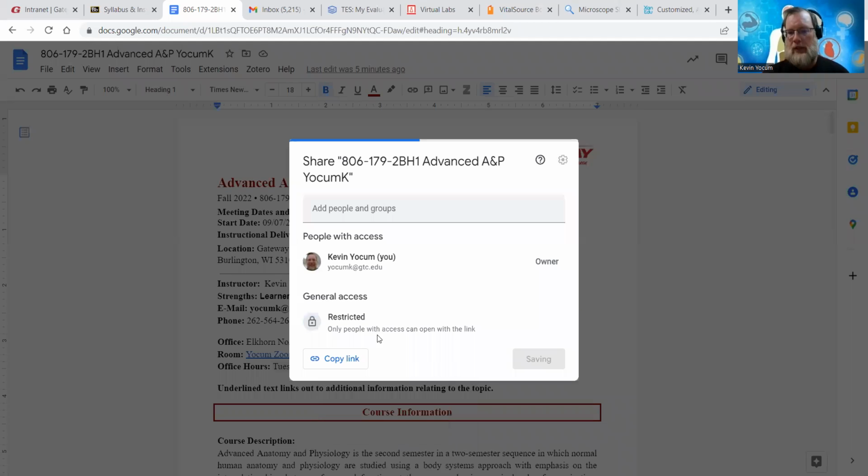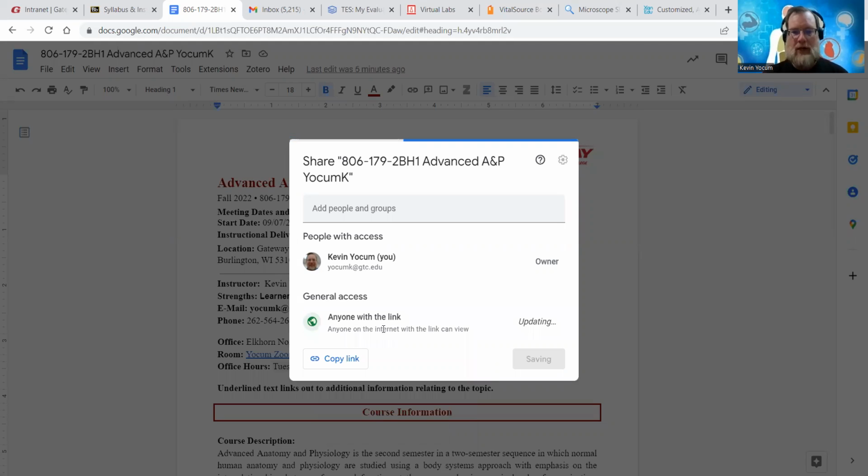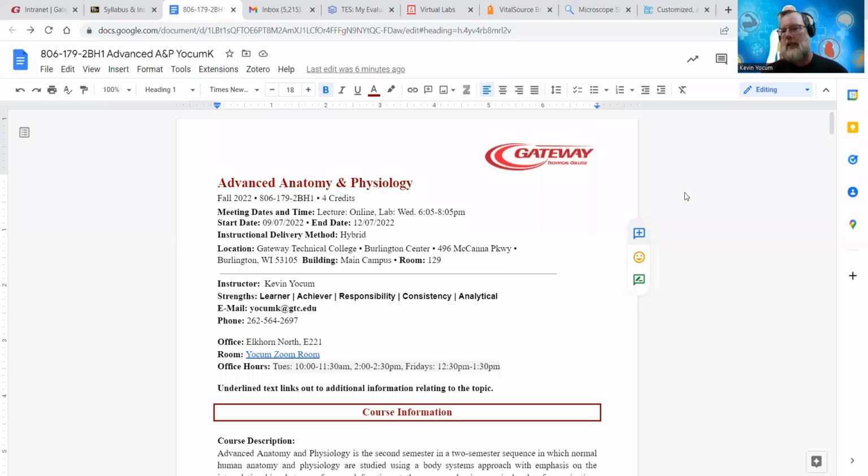If you send this link to me with your homework, I won't be able to read it, and I'll have to request access, which is fine, but it's another step that can be avoided. Simply go to general access, hit the little down caret drop arrow and go to anyone with the link, and then hit done. That way, when you share your homework in Blackboard with me, I'll be able to read it.